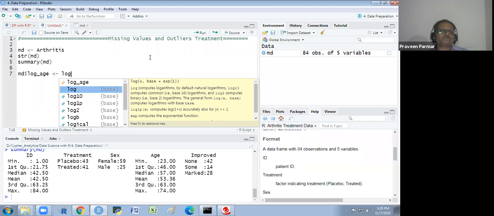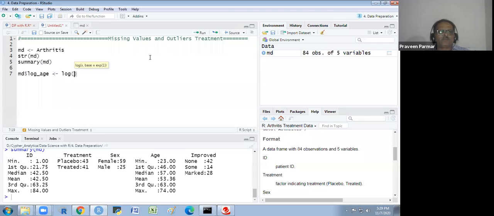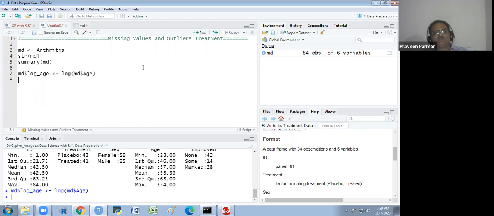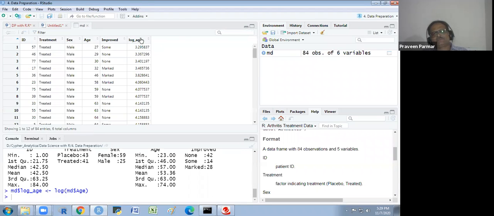I am taking log base e, the natural log, and here I write that column name, age. You see there are 5 variables. Now if I run this, one variable will be added. There are 6 variables, and I show you that variable. These are the log values. Got it? So in this way, we could mutate a new variable.